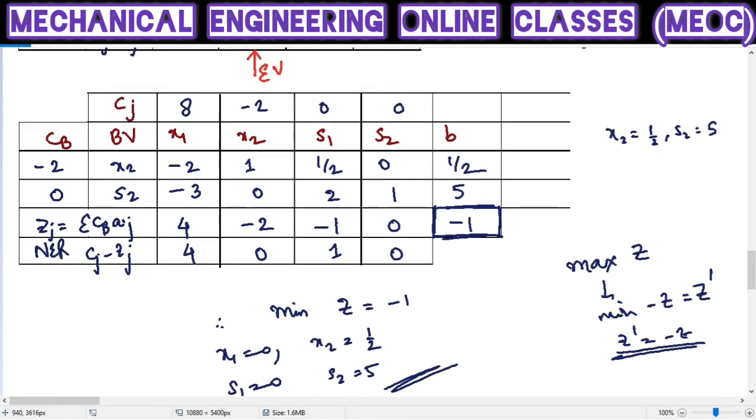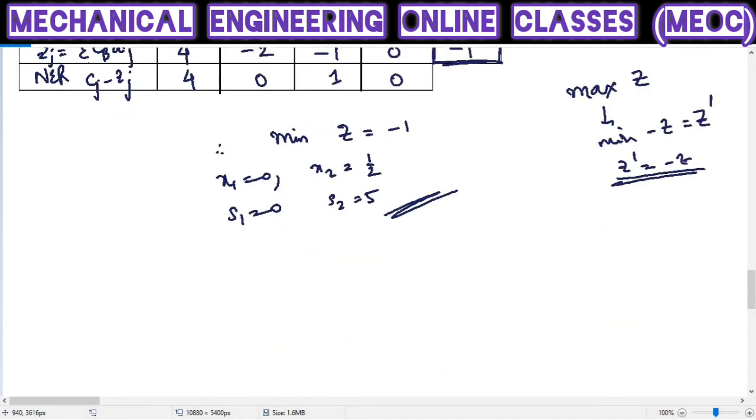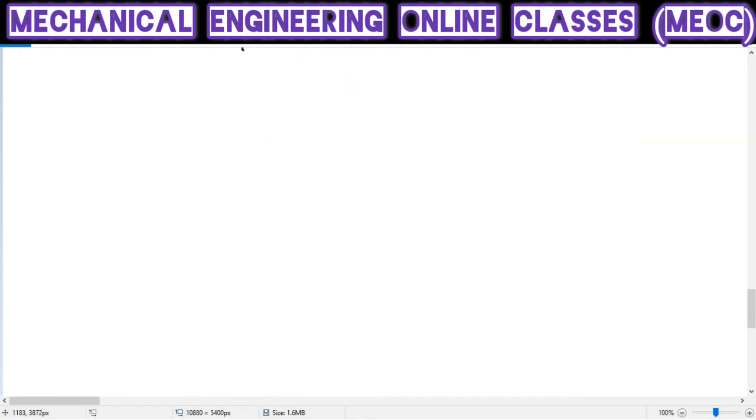And not just that, but I would like to mention one point here. In some textbooks, they use Zj minus Cj also. So I'm writing it down here in order to avoid confusion. In case for a minimization type problem, in case you're following different kinds of books where Zj minus Cj is given, then the